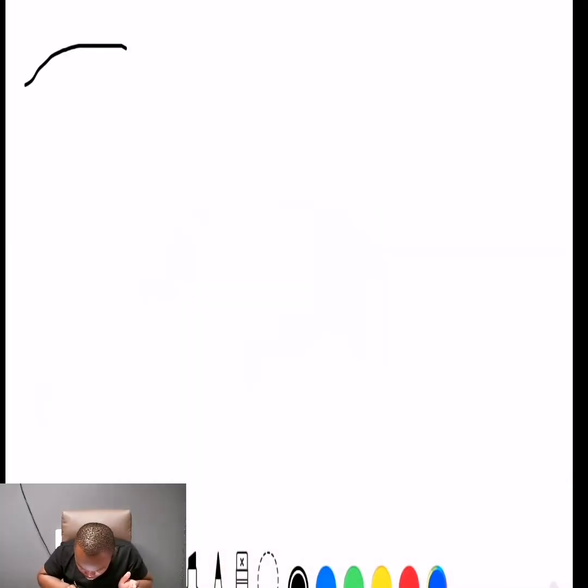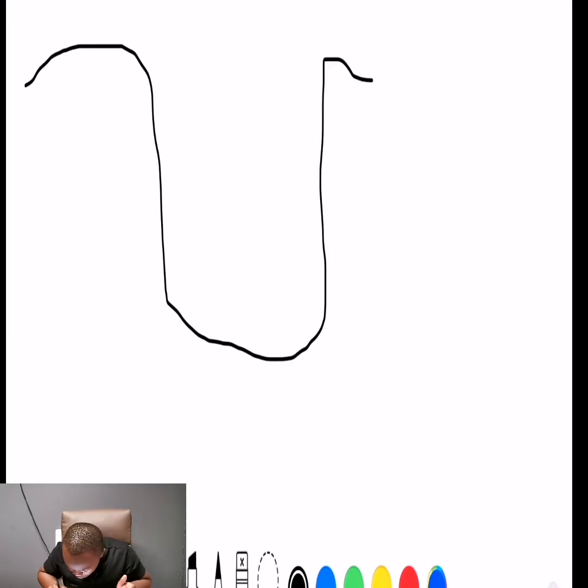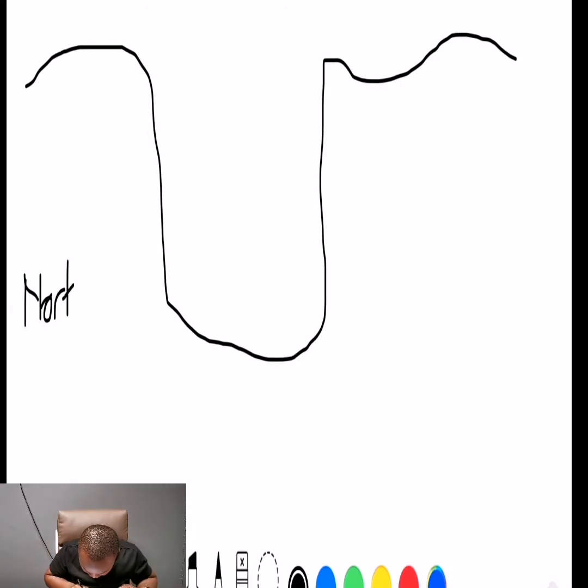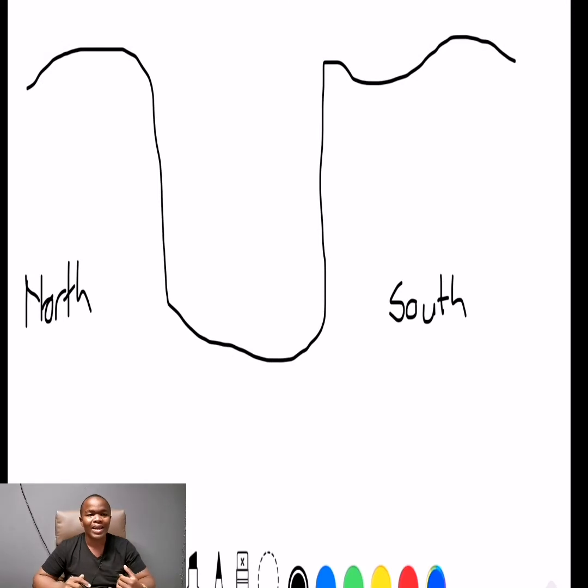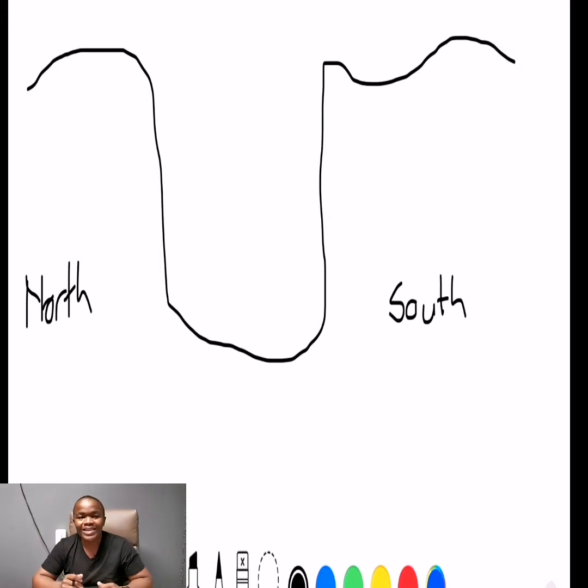I'll just draw for you a diagram which will show our south facing slope and our north facing slope. Okay, so here is the diagram of our slope, and let us name this north, and then this is our south. So we will be studying the aspects. You need to know that aspect refers to the angle at which the sun rays strike the slope. So that is the definition of an aspect.